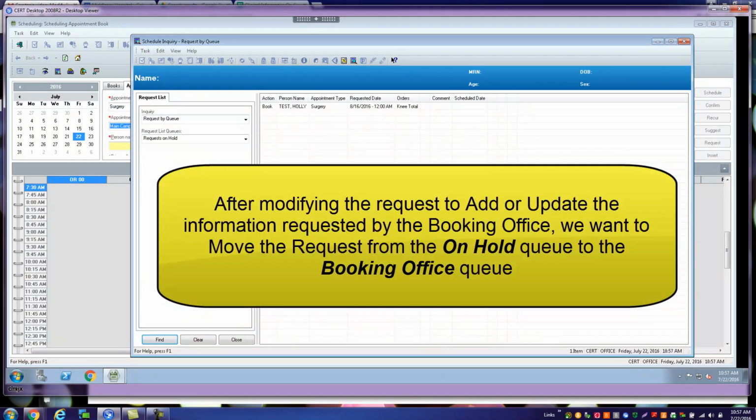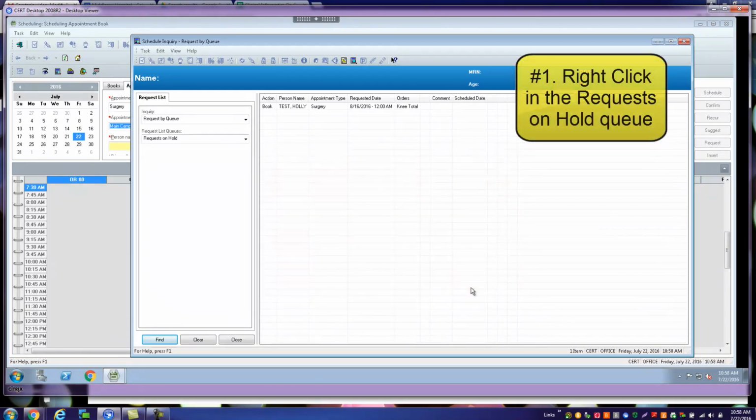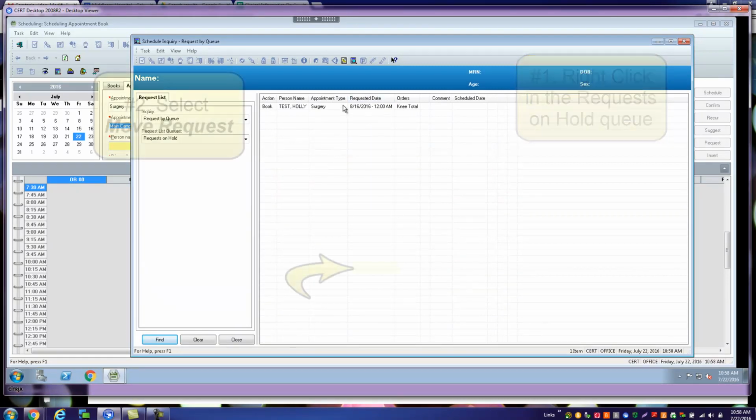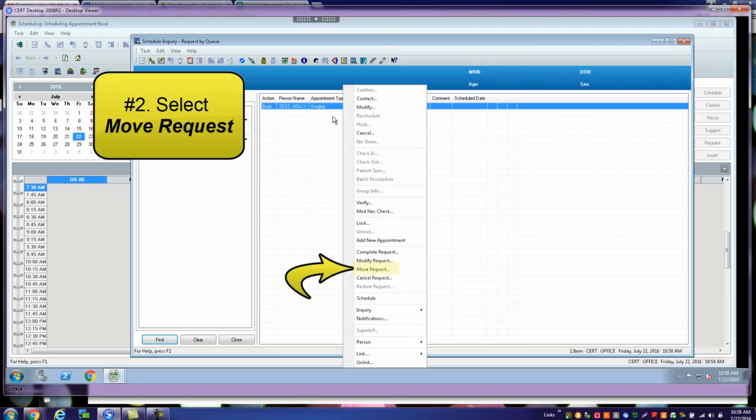After modifying the request to add or update the information requested by the booking office, we want to move the request from the On Hold queue to the booking office queue. The process for this is as follows. You will right-click on the request in the Request on Hold queue again, and this time we will select Move